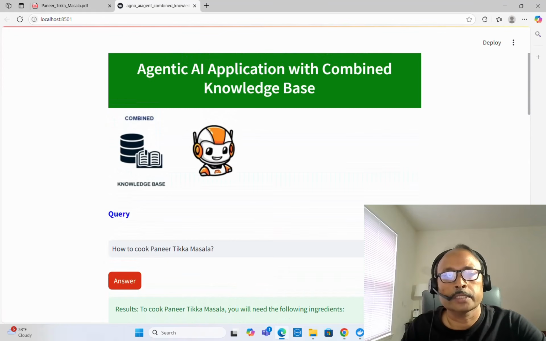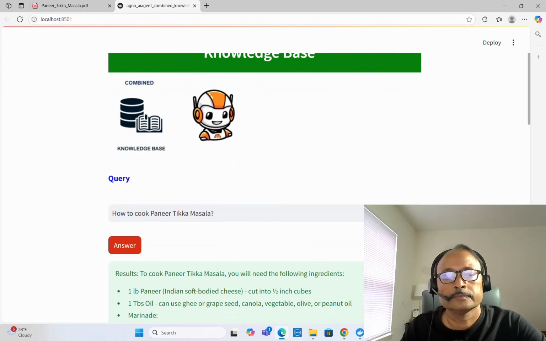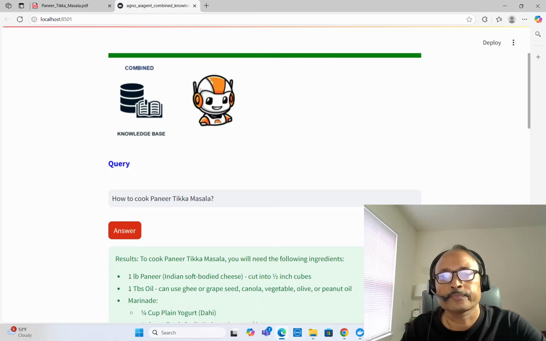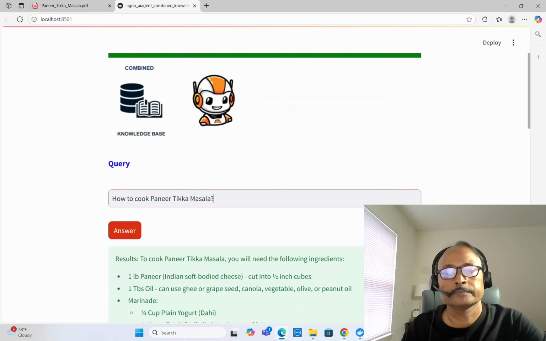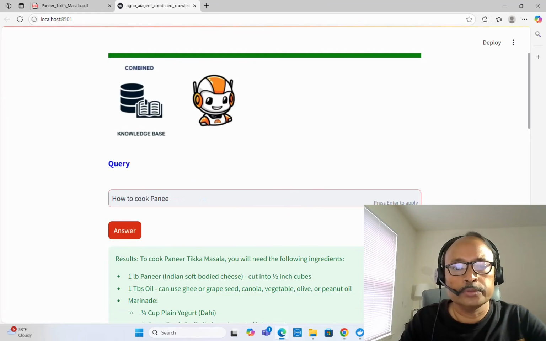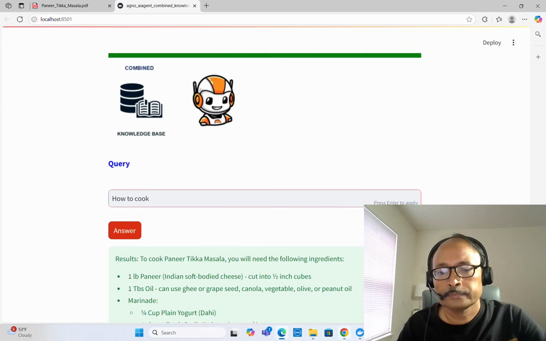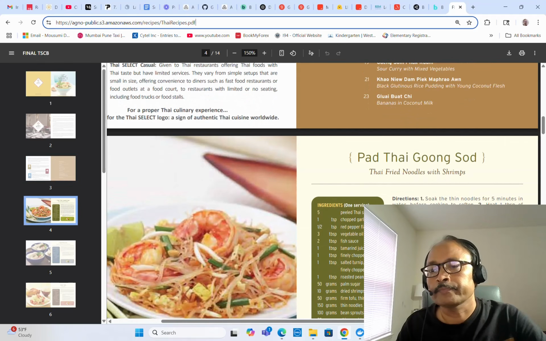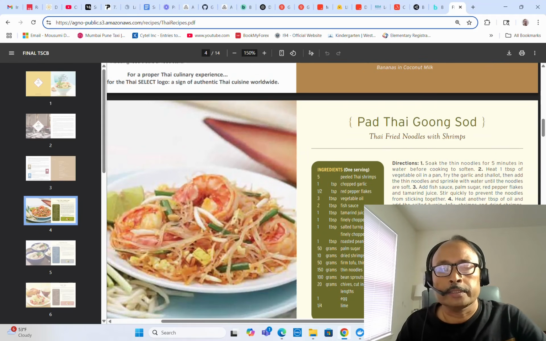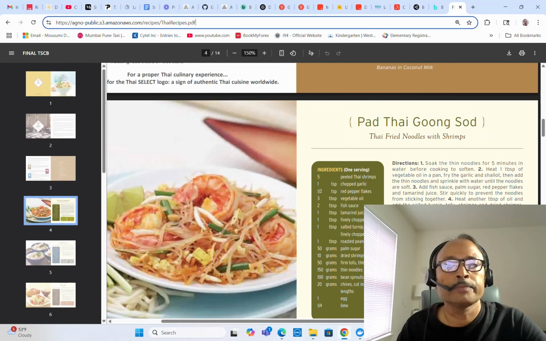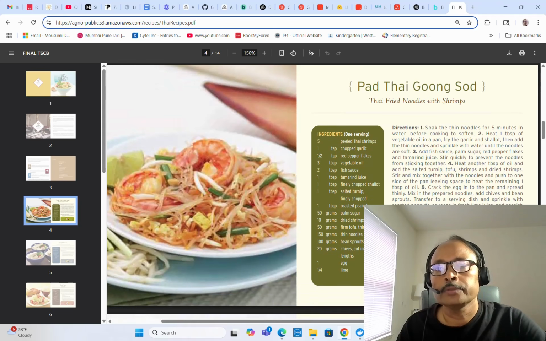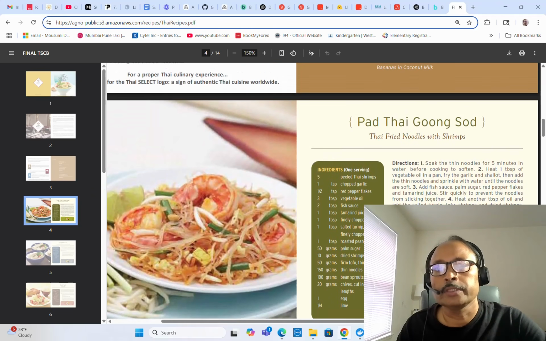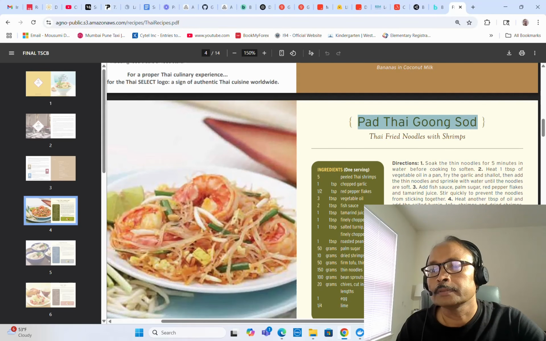Okay, now we are going to ask another question, but this is about some Thai recipe. So you can say how to cook any Thai dish. You can select. But actually we're not using the entire document, which is a 14 page document, too long. We are not using the entire document, only some part of that. So anyway, this one we can maybe select